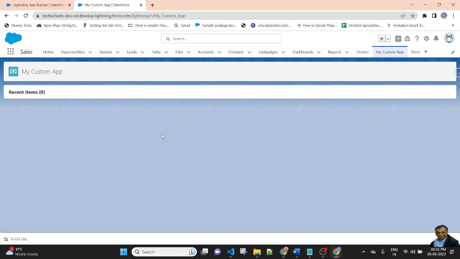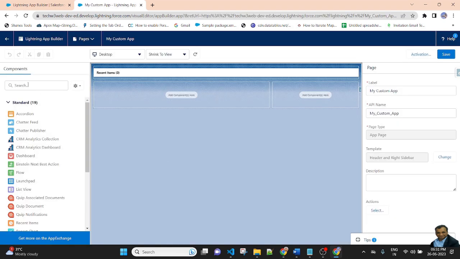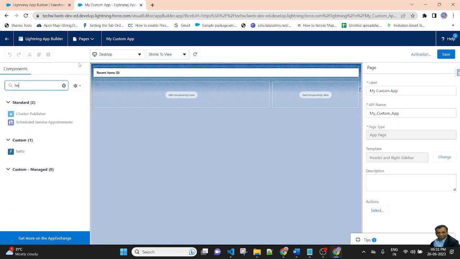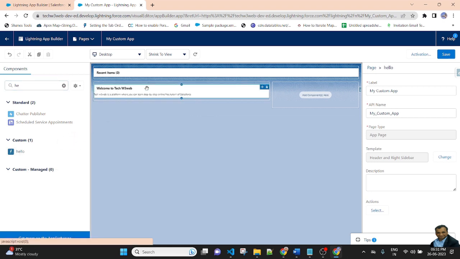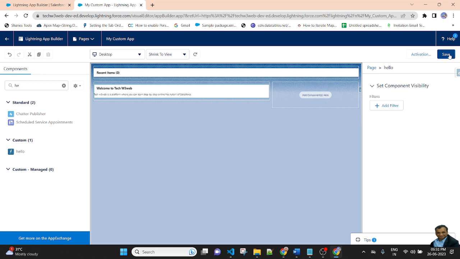Now opening my custom app, simply edit the page. In the left search section, type hello. As you can see, hello, this is the custom LWC component that was created recently. Drag and drop it here and save.